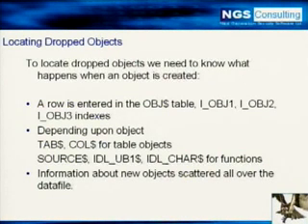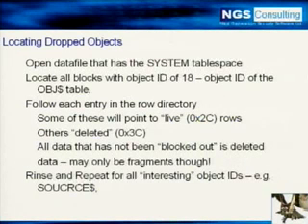And when the object is then dropped, just because it's dropped, it doesn't mean the information's completely wiped clean from the data file, and we can find evidence of this. So what happens is when the object is dropped, simply the flag in the row header of that row of data, the bit is simply flipped. Remember we spoke about that. The fifth bit of the first byte of the row header indicates something about the row of data, and if the fifth bit is set, it will become 0x3C from 0x2C.